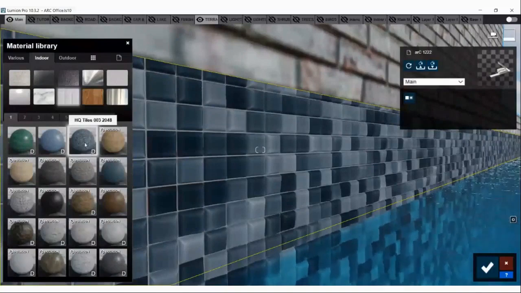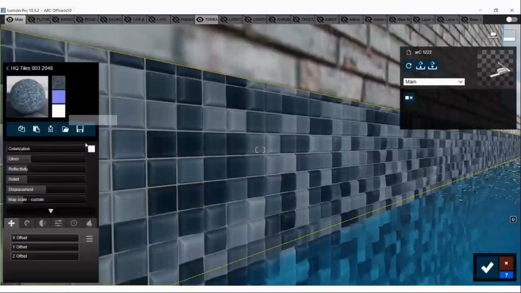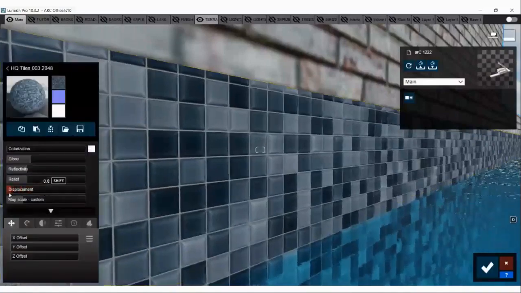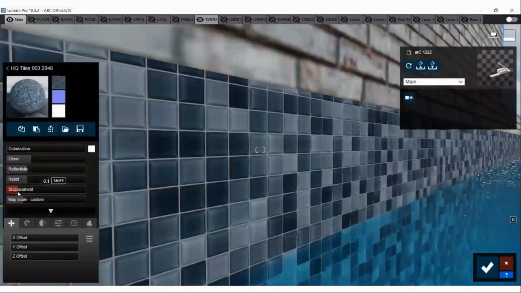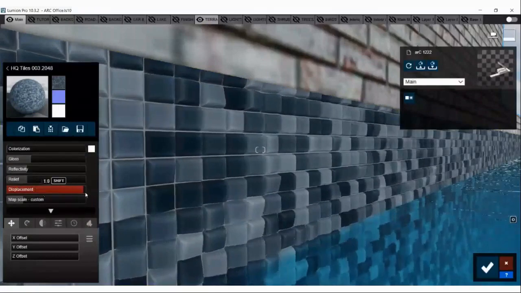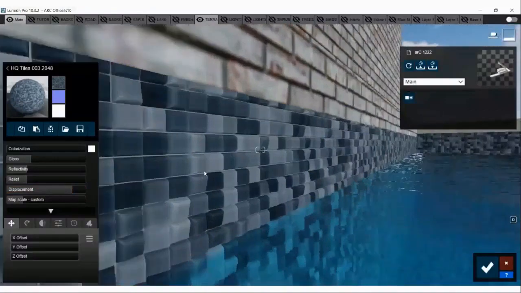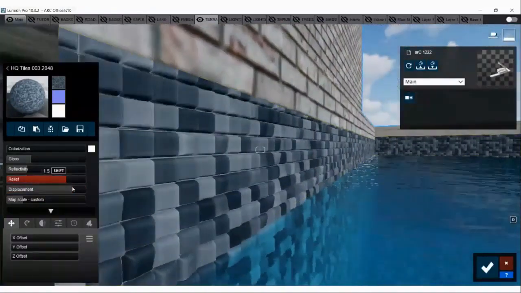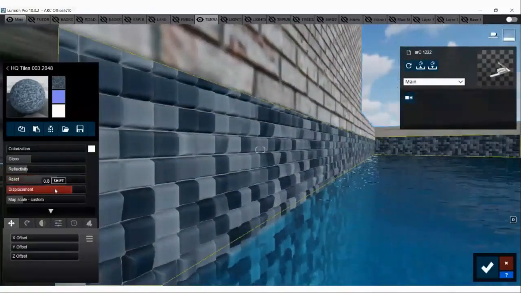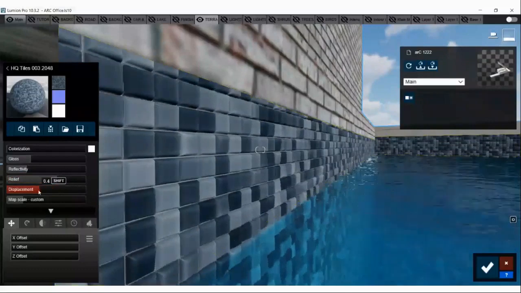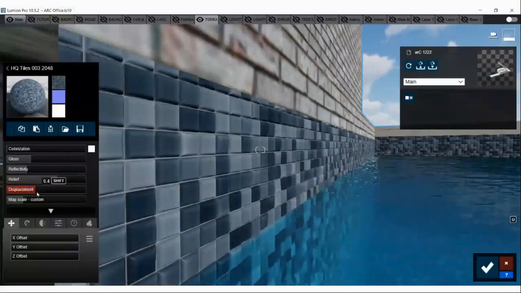So those materials come with the displacement. You just have to control it from the new scroll button that is available in Lumion 10, and you can create the displacement in your material. With the relief, you can control the bump of that displacement. Okay, now this is perfect.